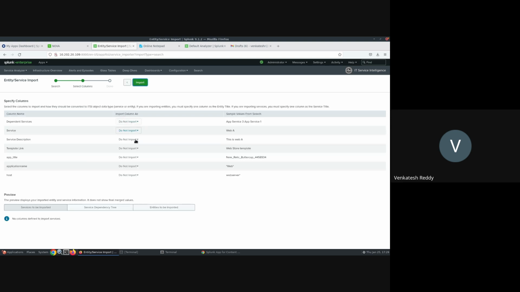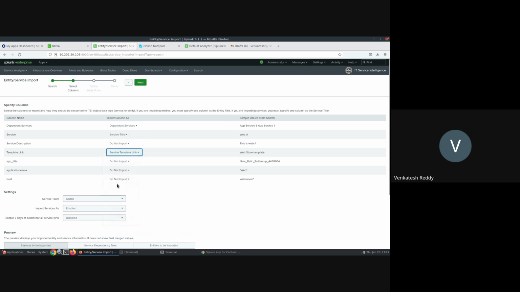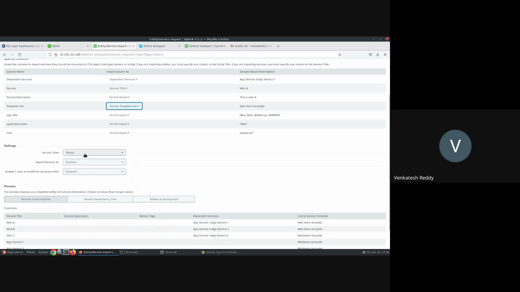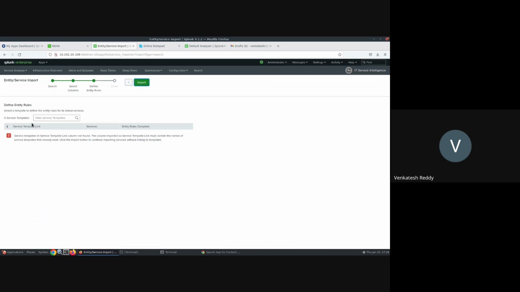And here we want to make sure how we import those CSV fields: the service as service title, dependent service as dependent service, and the template link as service template link. I'm not giving permissions to every team, and I'm disabling for now. I'm not enabling those services, and click on next. I didn't define any service templates. If you want to define service templates, we need to define them before the creation of the services.